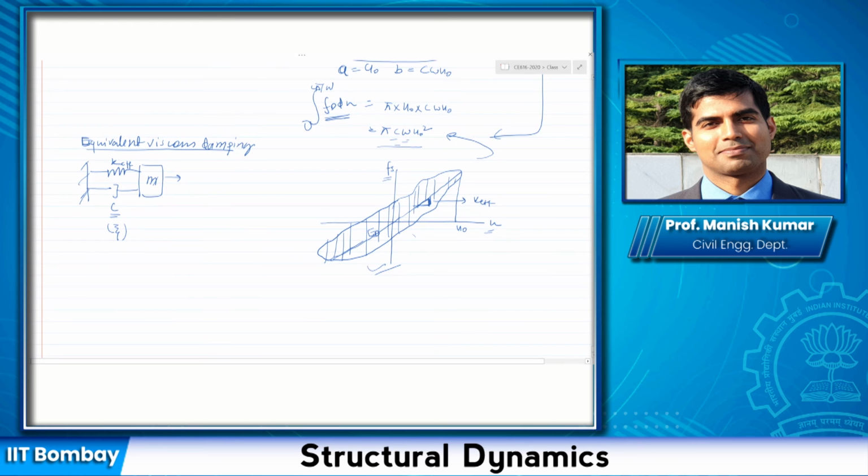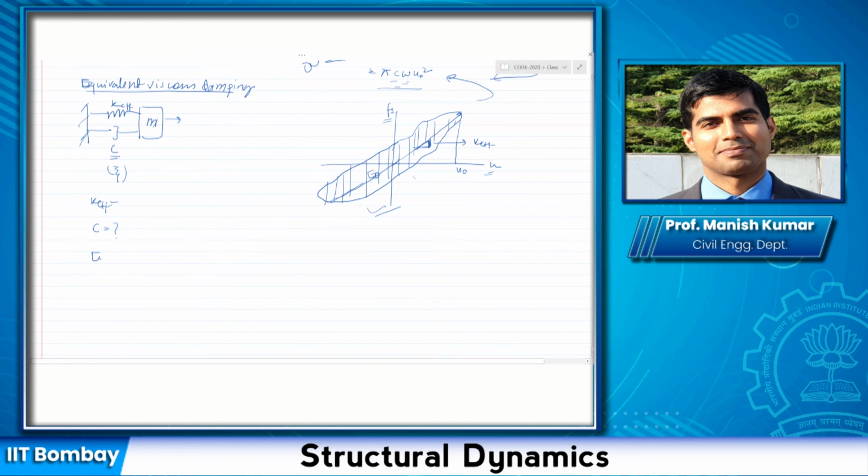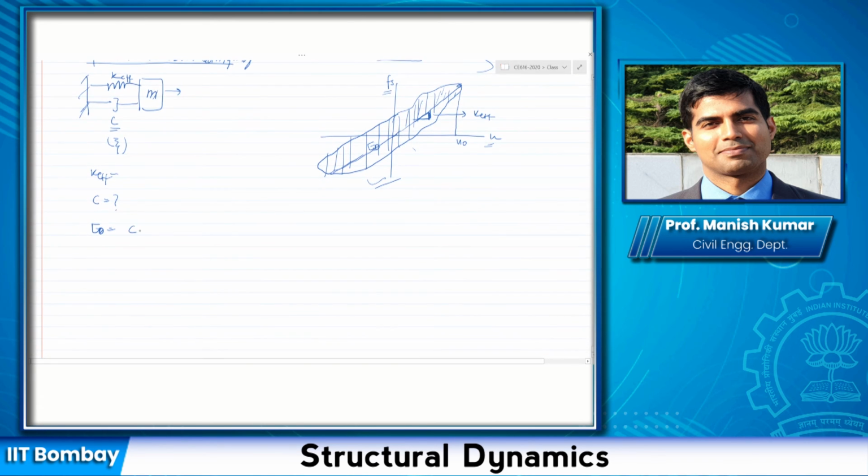Okay, let us see how do we do that. So I'm going to find out K effective using the plot that I have got from experiments. Second thing, K effective I can directly get by considering the extreme points. Next thing is to get C. C I get by equating the energy dissipated in a single cycle of this structure to the energy dissipated in the viscous damping, so that I can get the coefficient of equivalent viscous damping.